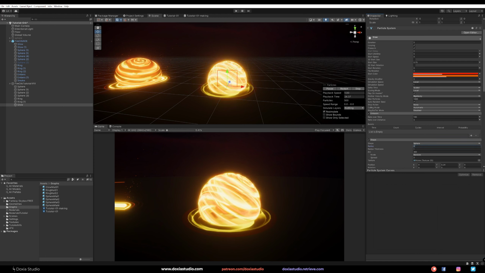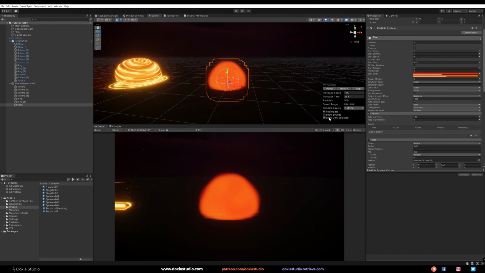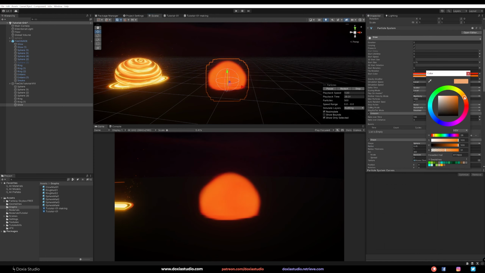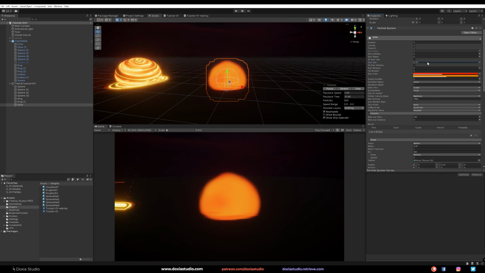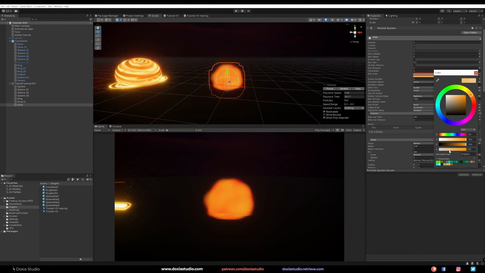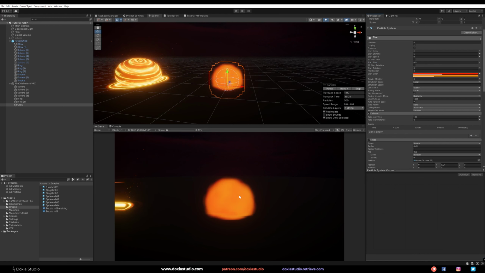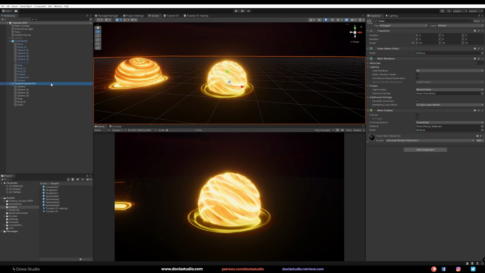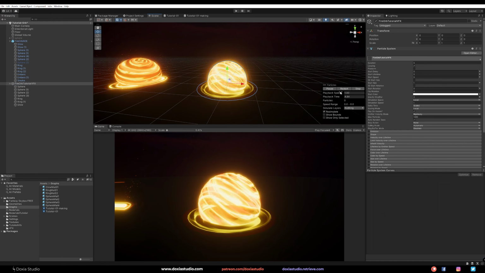Let me decrease this a bit because it's going a lot outside. And now we don't see much variation. Okay. Let's dial down the yellowish part. We have a really nice variation. And here we can decrease. We have more variations of this glowy color. Okay, that's pretty cool. Let's turn off. As you can see, it's pretty cool.